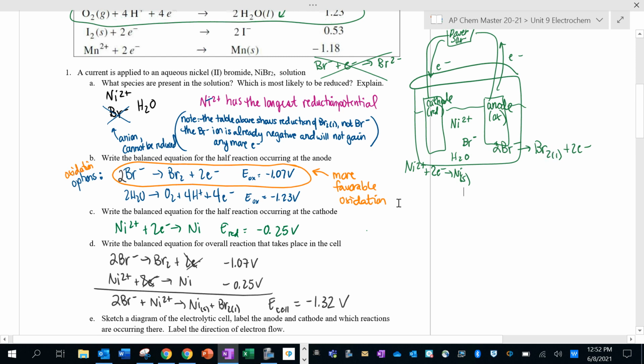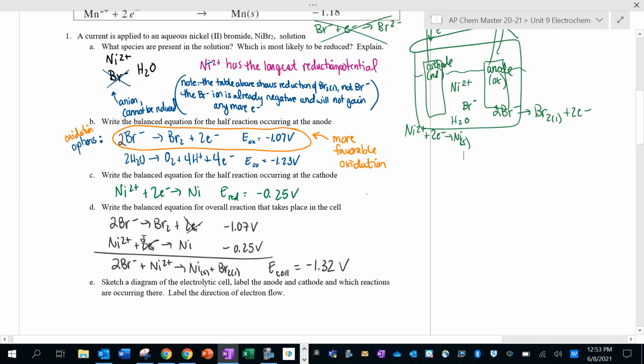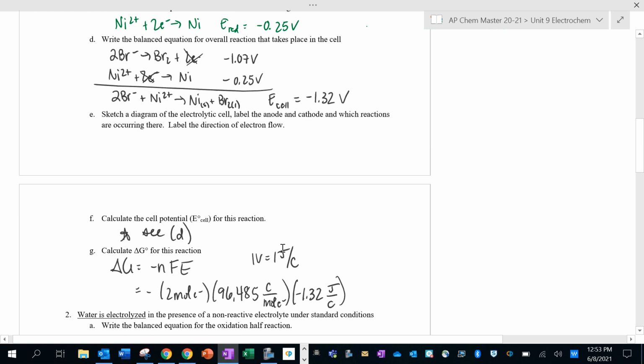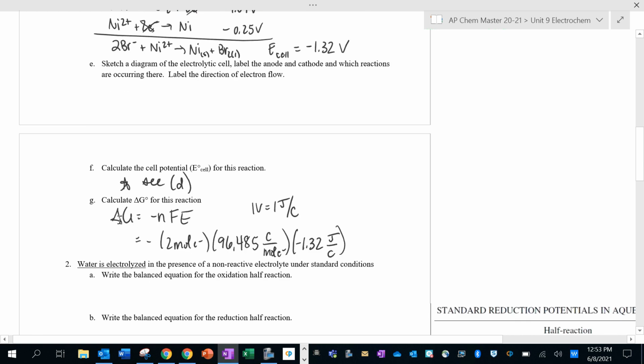Okay, and if we add these up, we can get the overall reaction. Remember, with the overall reaction, electrons gained should equal electrons lost, so they should cancel out when you add up these two reactions. And then to get the overall voltage, I'm just going to add these up the way they were written, because notice how I already flipped this reaction around, turned it into an oxidation. So there's my overall voltage, and I can convert my voltage into a delta G value